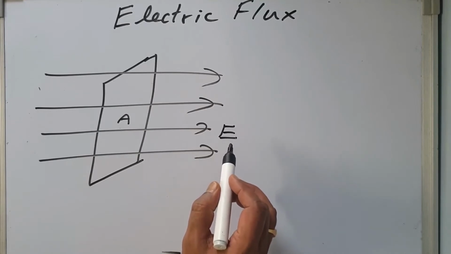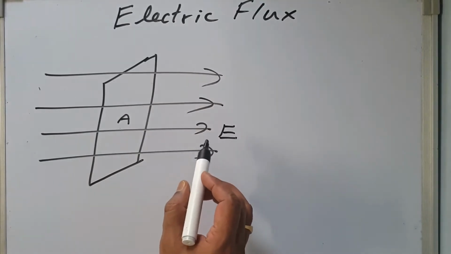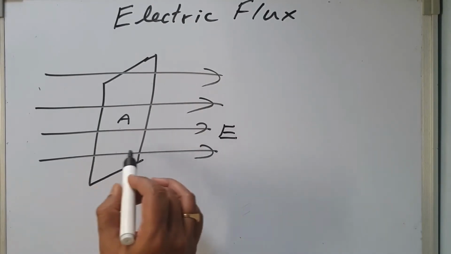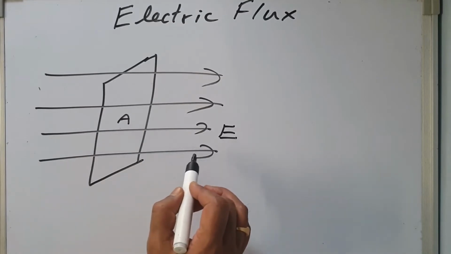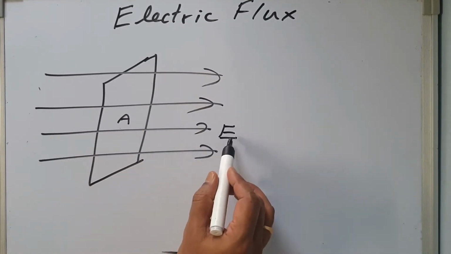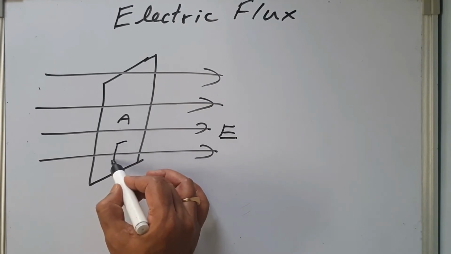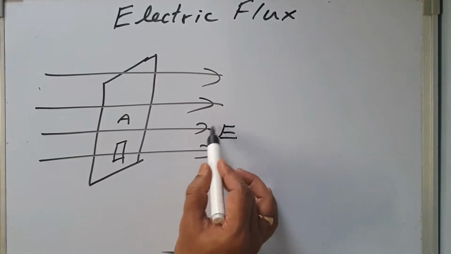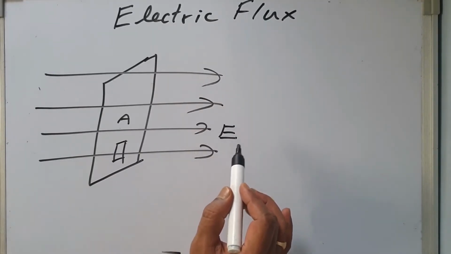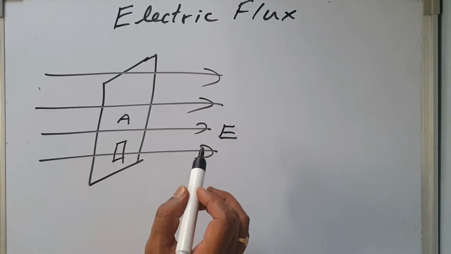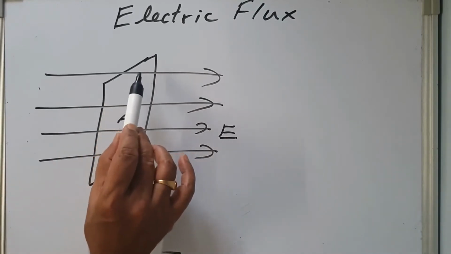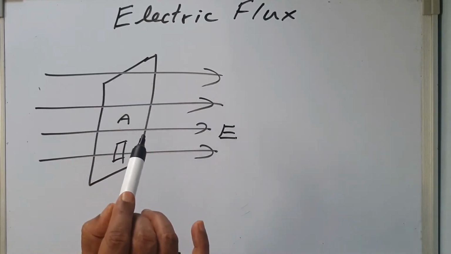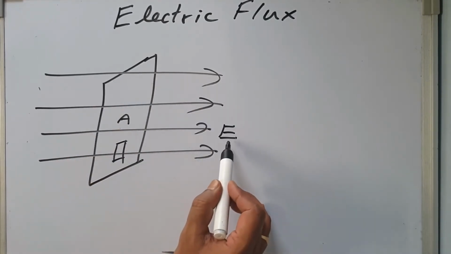We have learned earlier that the number of electric field lines of force passing perpendicular through unit area is equal to the electric field intensity. Suppose I take a unit area here. How many lines of force are passing perpendicular to it? That is E. Now, electric flux over the surface is defined as the total number of lines of force passing normal, perpendicular, through this area. You already know that through unit area, E number of lines of force are passing.